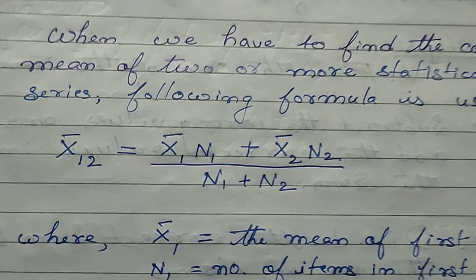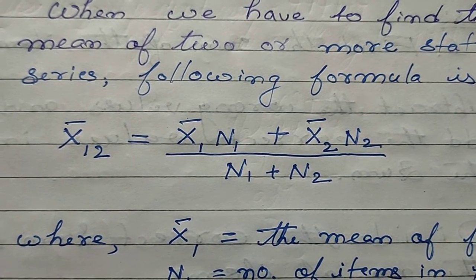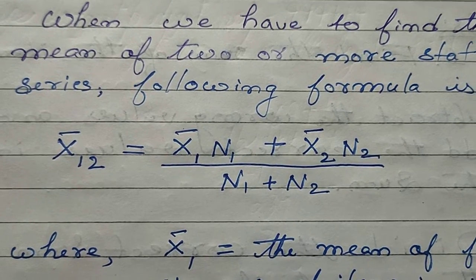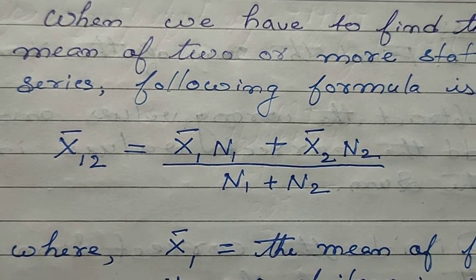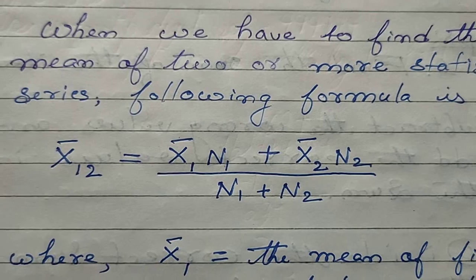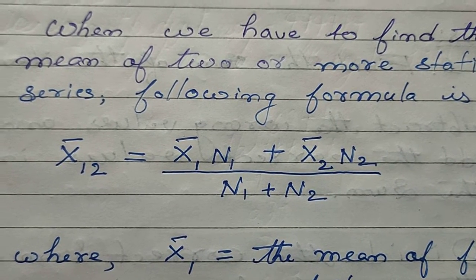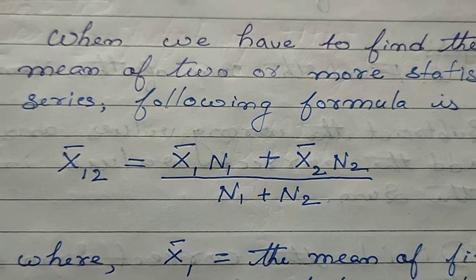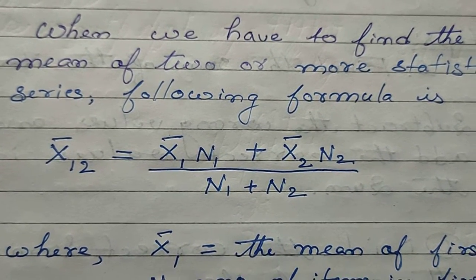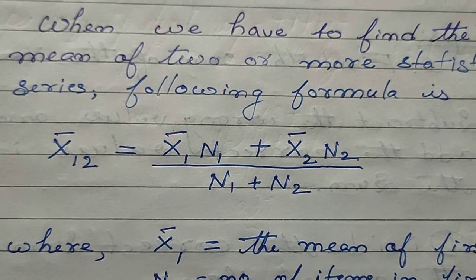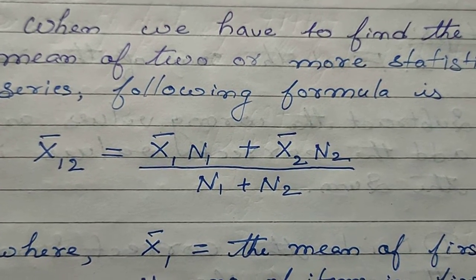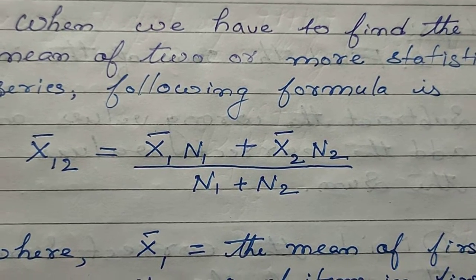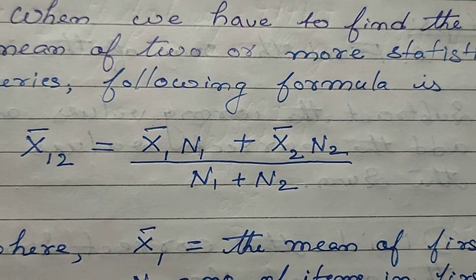So the formula is given here. Combined mean x bar 1 2, where 1 and 2 refer to series 1 and series 2. If there are 3 series, then it will be x bar 1 2 3. So 1 represents the first series and 2 represents the second statistical series. So x bar 1 2 is equal to x bar 1 n1 plus x bar 2 n2, whole divided by